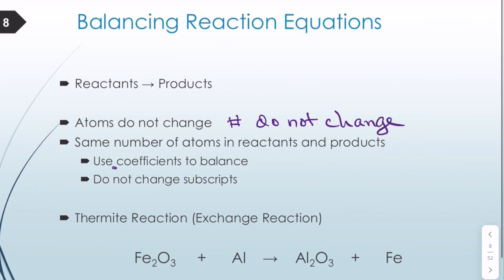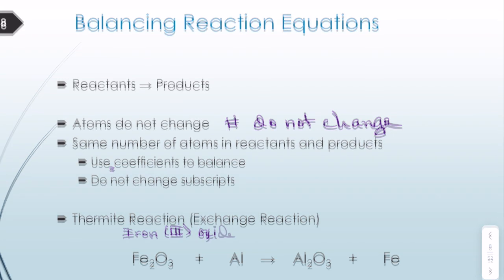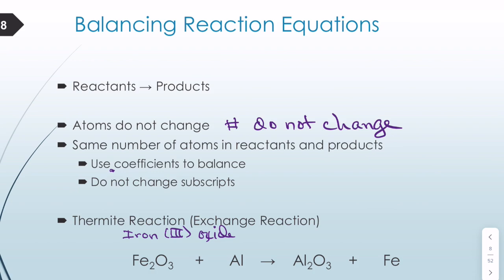So here's a simple reaction. This is called a thermite reaction. And it is very simple. I have a video posted that demonstrates this thermite reaction. There's a reaction between this compound here, Fe2O3, which is iron 3 oxide. We're not going to be worried too much about names here. And this is essentially rust. So, a simple compound, iron 3 oxide, reacting with aluminum. Pretty simple reaction with aluminum here.